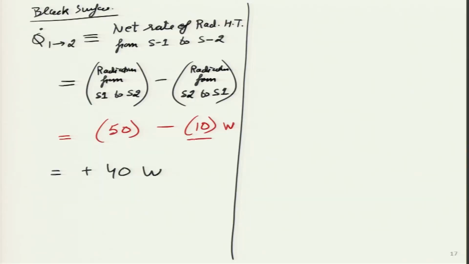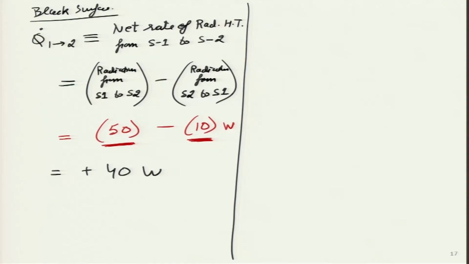Sorry, earth is also radiating, which means that small amount will come in the second bracket, and the big amount in the first. Why am I calling it a big amount? Because when a higher temperature body radiates to the lower temperature body, that value is going to be very high. So, the difference that we will get over here is 40 watt. Is this point clear?